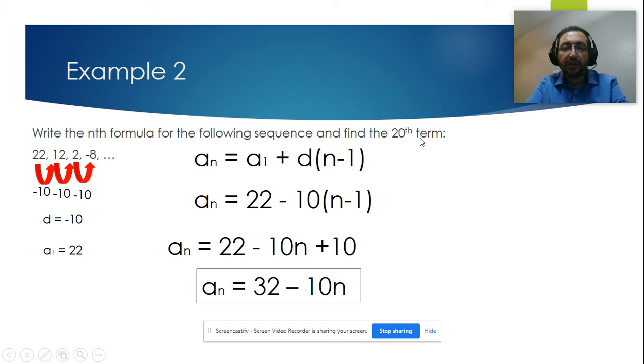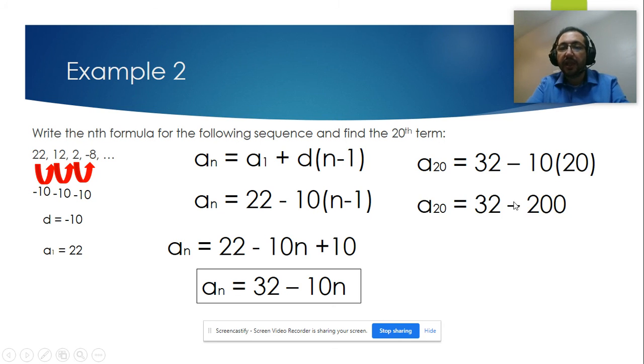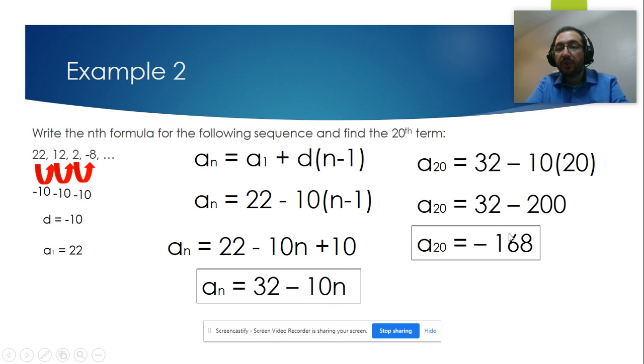And using this, I'm going to find the 20th term. In this case, it will be 32 minus 10 times 20. -10 times 20 will be -200. So 32 minus 200, the 20th term will be -168. So that's how you use the first term to write the formula and then use the formula to find any term. Okay,